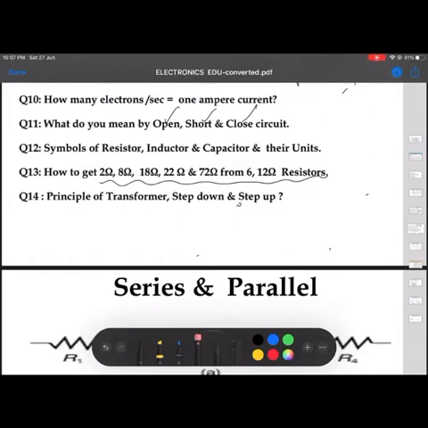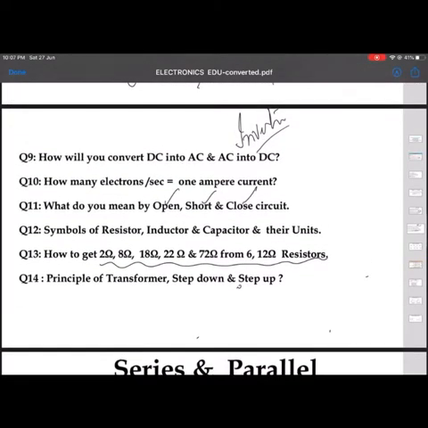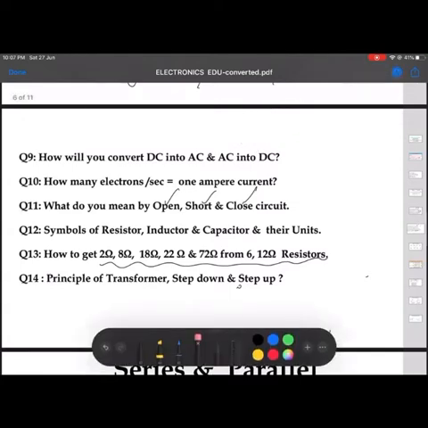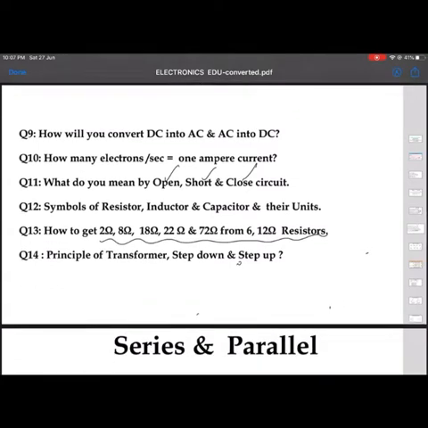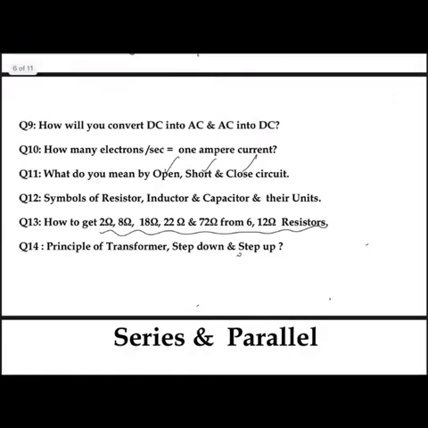6. Each of how much? 12 ohms. What you are supposed to get? You are supposed to get actually the equivalence of 2 ohms, 8 ohms and so on. Let me give a simple example. If you have